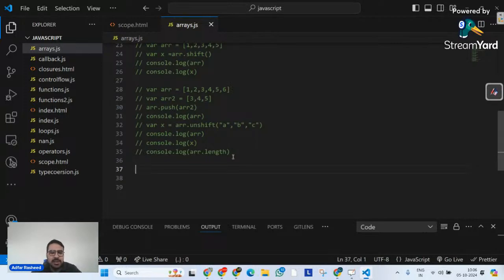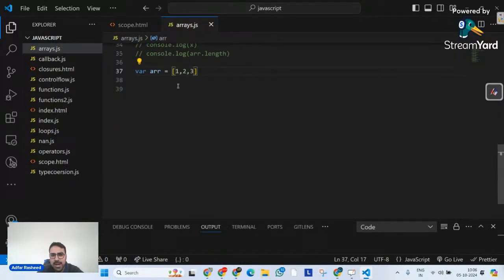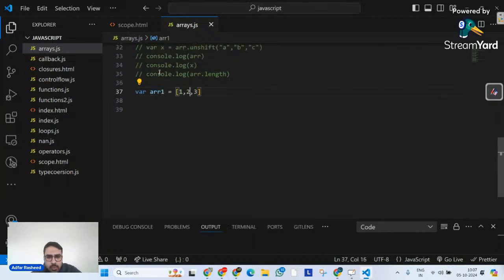Let's try to understand one of the methods called concat, also a very important method. Let's suppose I have an array over there, ARR, and I have simple values inside it: 1, 2, comma 3. And I have another array called ARR2. Now, what I want to do is implement an operation where ARR2 is equal to 4, 5, 6. I want to create another array over here that is simply going to concatenate these two arrays, which means it's going to add these two arrays. The resultant array that I am actually looking for is 1, 2, 3, 4, 5, 6. That should be a single array.